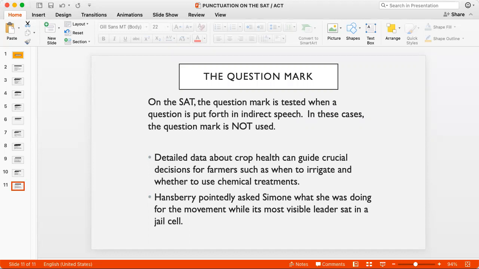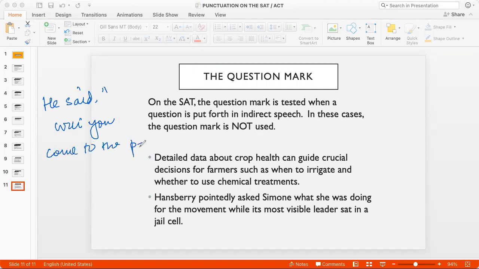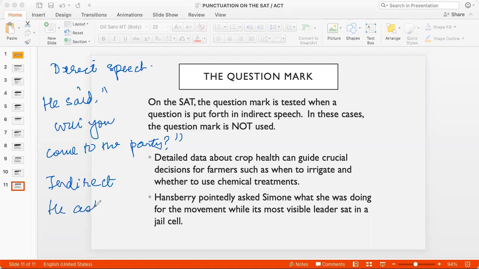So for example, if I say, he said, will you come to the party? So I put a question mark right here because it's a question. What he said was a question. This is direct speech. Now, if I were to say the same thing in indirect speech, I would say, he asked me if I would